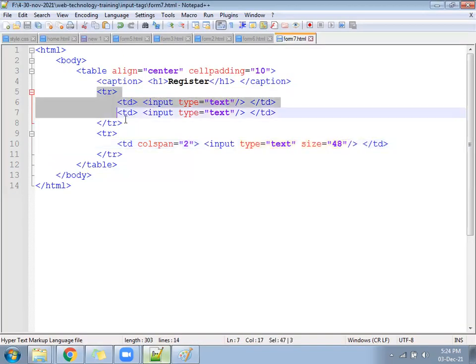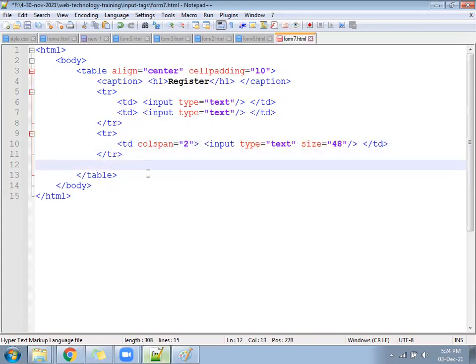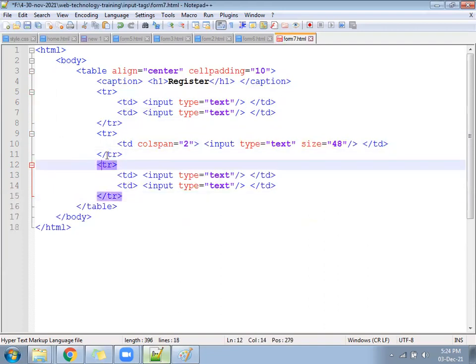Next TR. Next TR. Something like this. First TR has 1, second TR, how many? 2.